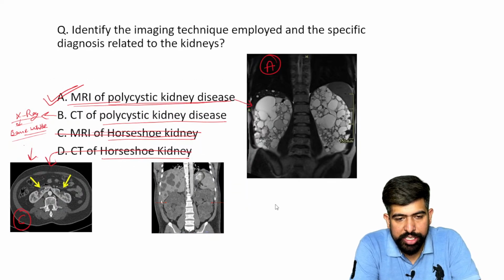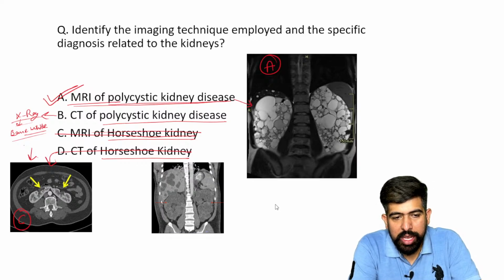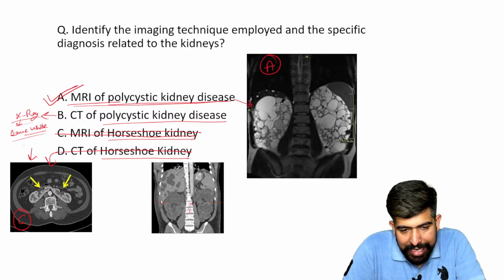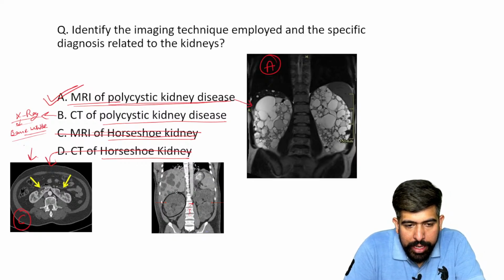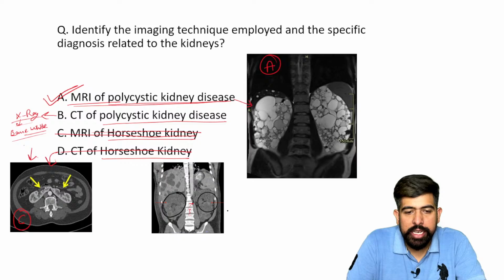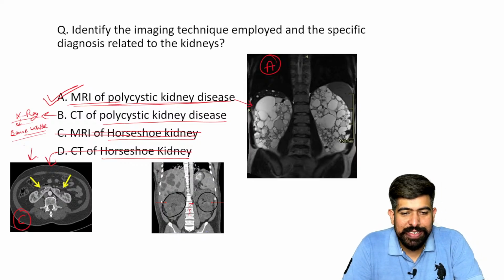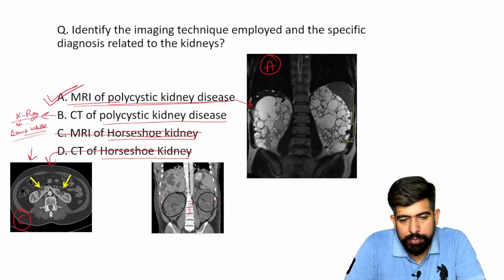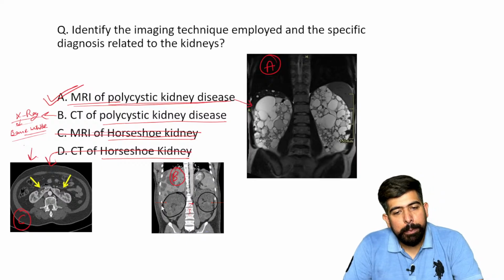I just inserted this image. Tell me, what is this? By seeing this, you can understand that bone is seen as more white, and the cysts are seen as blackish color. So what is possible, guys? Of course, as it is polycystic kidney disease, this should be image B, which is the CT scan of the polycystic kidney disease.